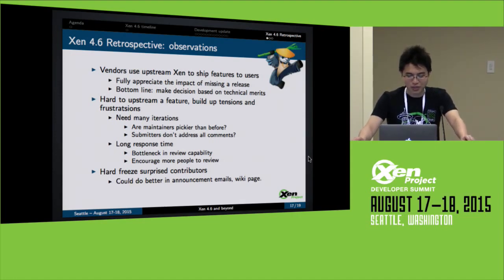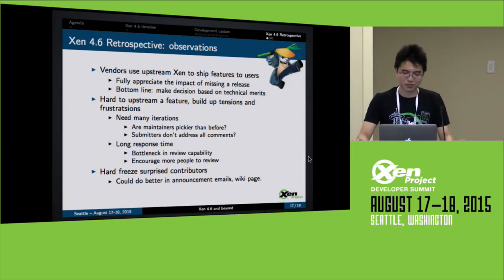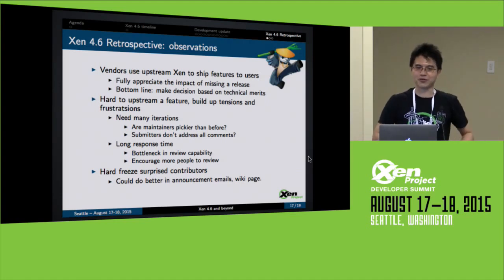And the other thing is that we might respond a lot slower than before, maybe just because we have a lot more contributions but not enough reviewers, and the things in our backlog keep growing but never reach the bottom. But yes, we do want to encourage more people to do patch reviews, and even to become maintainers themselves. We would definitely help them if they have the will to do that.